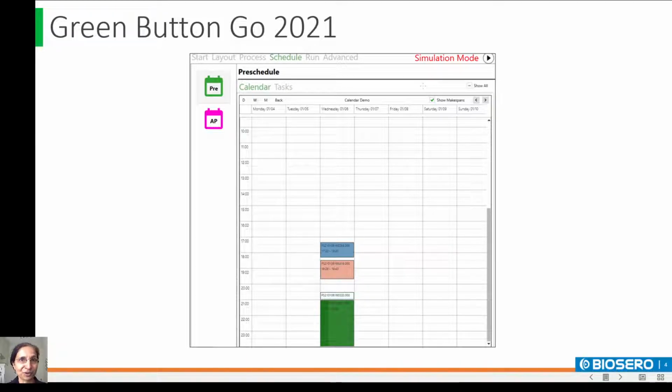Let the drums roll, and here are the highlights of Green Button Go 2021. Our customers were requesting a more informative and useful schedule tab. Internal users, including programmers and application scientists, wished for a universal schedule tab for different scheduling scenarios and plugins.